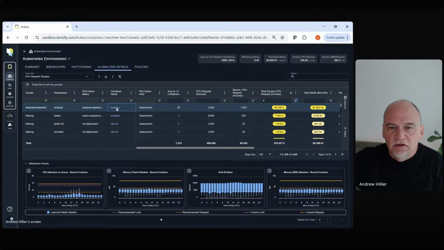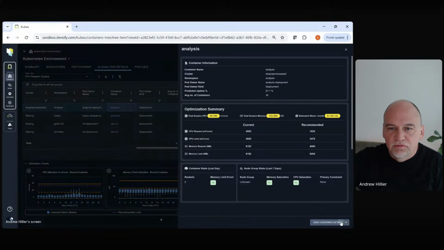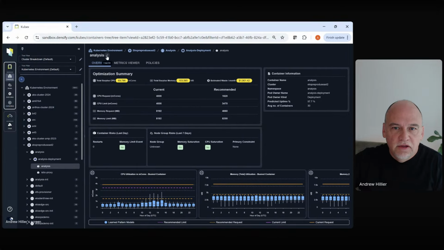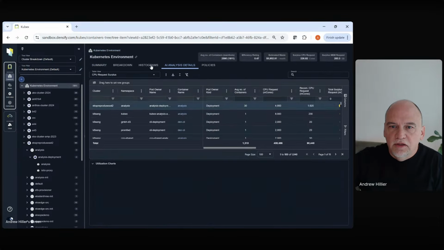I can click on this workload. I can go to what we call its homepage. I can see everything about it. I can share links to it. I can say, hey, I want to send this to whoever owns this workload, and I can just say automatically fix it, and that will automatically adjust the requests and limits based on those utilization patterns, so everything is set correctly all the time. And when you do that, I'll just go back to the histogram here.